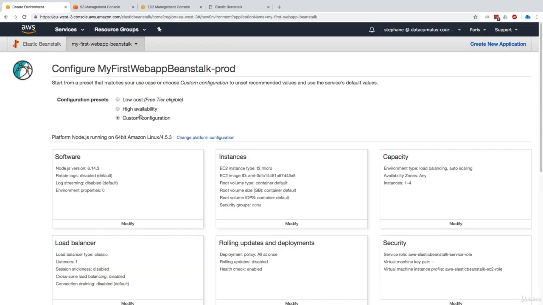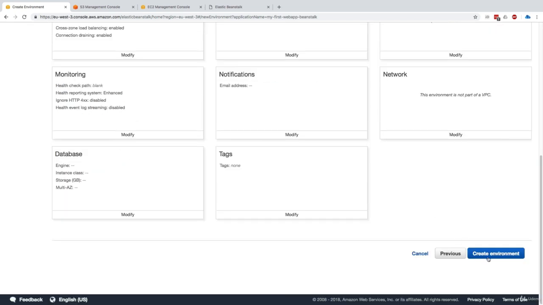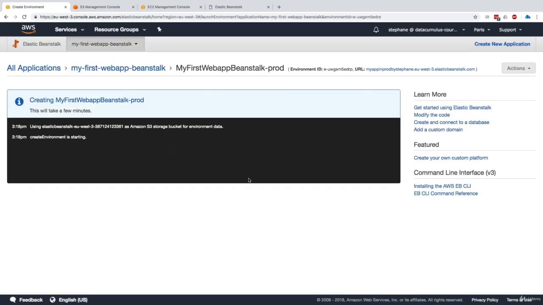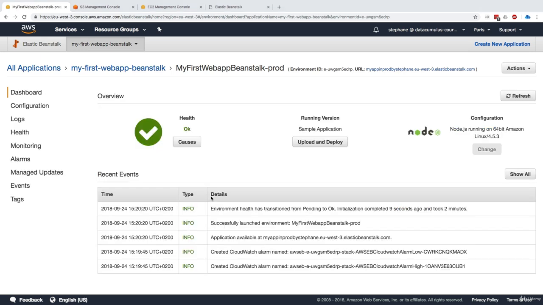And so when we're ready, I'll just click on high availability just to make sure that everything will be configured properly. When we're ready, I will go ahead and click on create environments. And so through all these options, now we can see that this deployment is going to be a little bit more complicated. The reason being is that now we have a load balancer, now we have an auto-scaling group, now we're going to scale between 1 and 4 instances, and so the deployment should happen, but will take a little bit more time. Okay, so it took maybe 5 minutes this time, but my application is finally deployed.